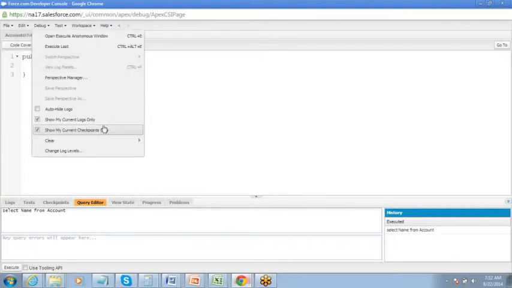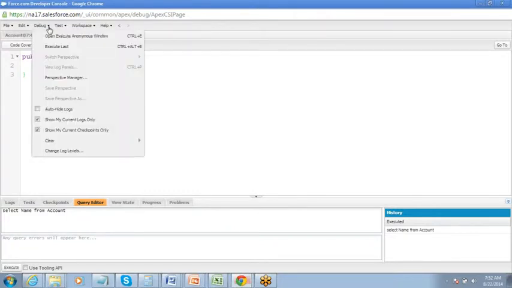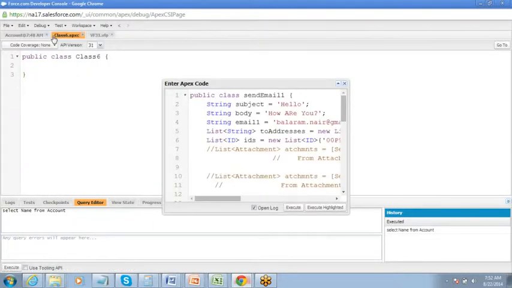But you can write code here. The other thing is you can do your queries here. You can test the code here. Okay. Now the testing part we will see, we have not yet talked about the testing part. You can debug your code here. Okay. So debugging the code, you can open an execute anonymous window and put some code and debug that.